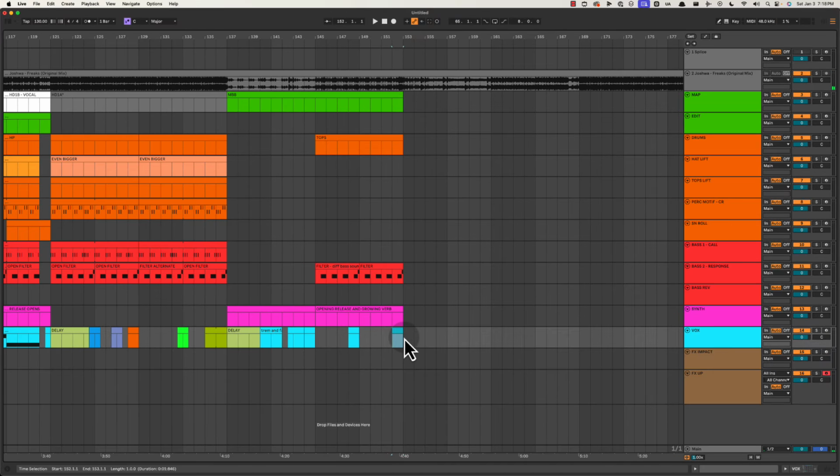Again, if we just zoom all the way out, what's going on in this track? You've got the motif and you've got the vocal. I guess you could say the synth, but the synth for me is playing part of the motif. So really you've got the motif and all the sounds that are playing the motif, and then you've got the vocal. And the only other main character is the drums. And so that's what it's all about.